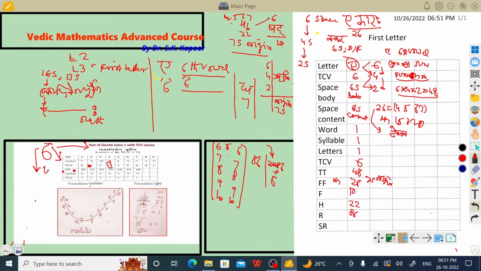First letter A as 6 is the structural key of Sutra 1, and the second letter Ka as value 4 becomes the structural key of Sutra 2, and like that all the 16 letters of Ganita Sutra 1 become the structural keys of Ganita Sutras 1 to 16, while the first letter 6 as the structural key of Ganita Sutra 1 becomes the